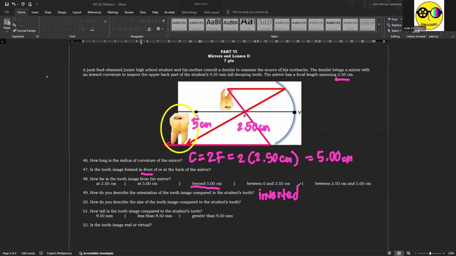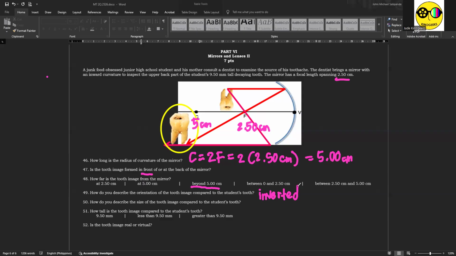Some of you may be wondering, sir, what will we do with an inverted image, like when we look at the spoon where we put our rice and viand, right? This is actually one of the cases wherein using a concave mirror is wise. The dentists don't have to lean or twist their neck just to see the underside, the hidden part of our teeth. They don't have to twist their neck, no? You only have to use a concave mirror to invert the image, to see the back part of the tooth.